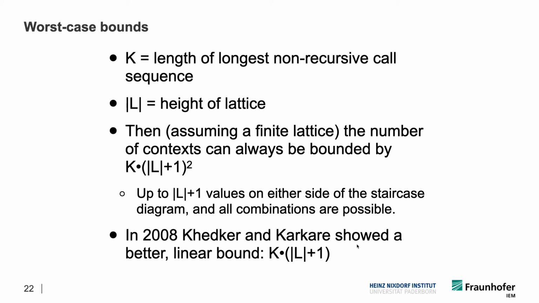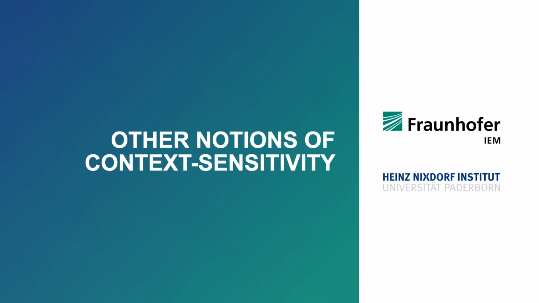But this is, yeah, major practical limitations of the call strings approach. And it's particularly a limitation because there are so many call sites, and therefore this k can be quite large, right? And you can have very long sequences, and therefore, yeah, this can become quite unscalable. But there are other notions of context sensitivity that try to model contexts not really through call sites, but through other means. And that I want to talk about after the next break.